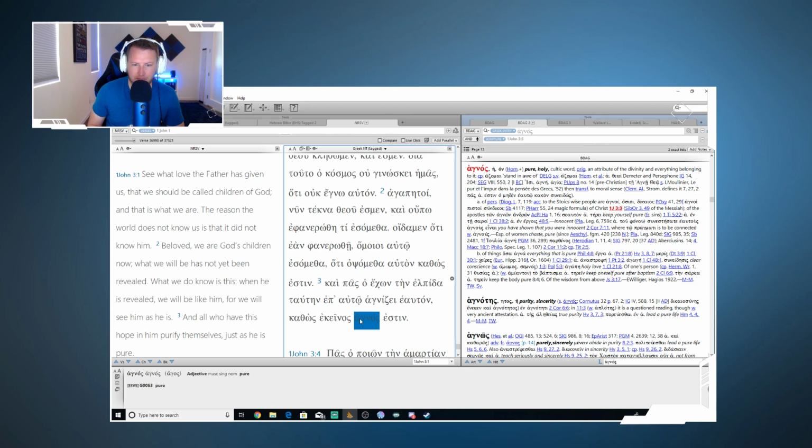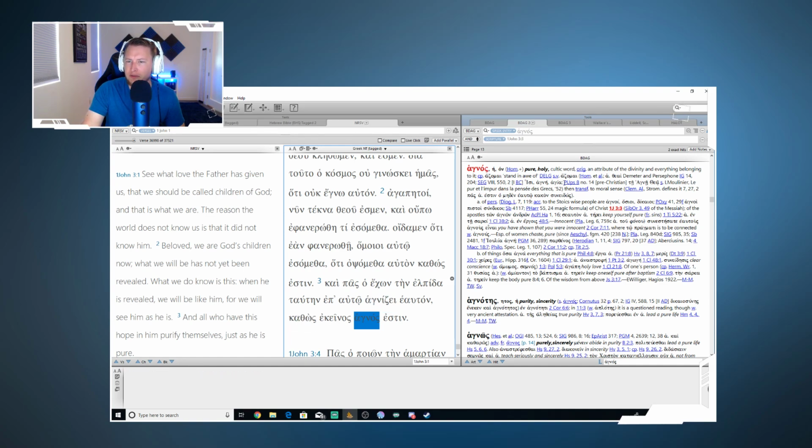Just as he or that one is pure. I'm going to use pure instead of holy because it matches here. Hagnizo,